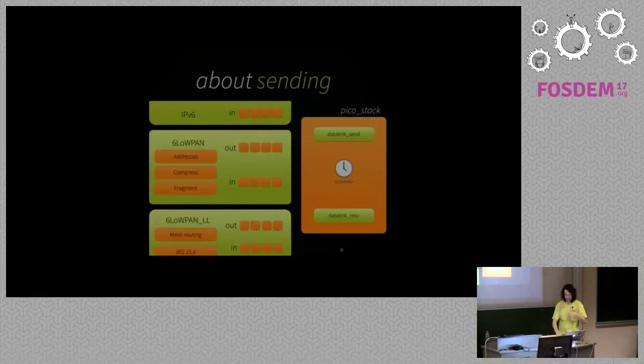If IPv6 wants to send a frame, it sends it to the stack, which enqueues it into the 6LoWPAN outgoing queue. At some point, the scheduler calls process out of the 6LoWPAN, dequeues it, and starts processing it. What does it do? It first gets the link layer addresses from the neighbor discovery table, from the IPv6 addresses, and then it immediately pushes the frame to the 6LoWPAN link layer to check if it fits